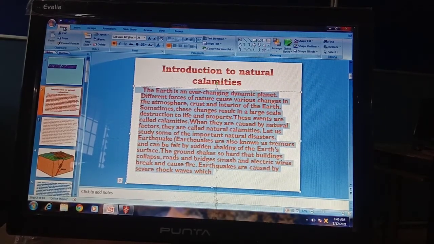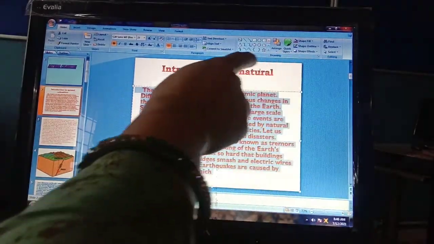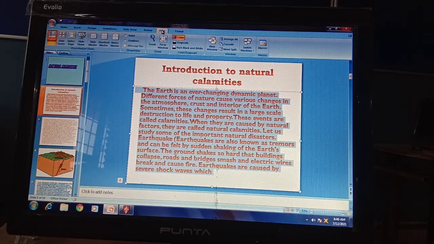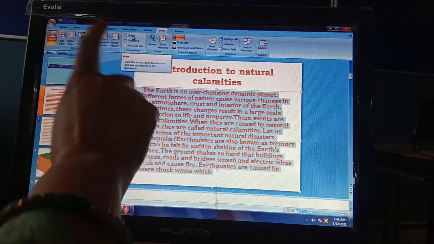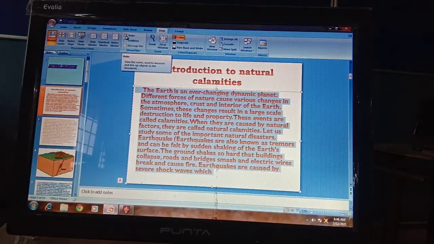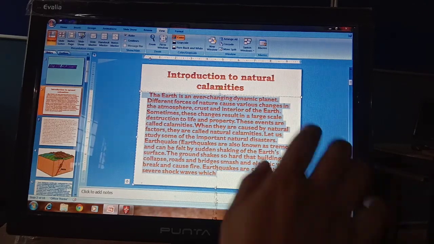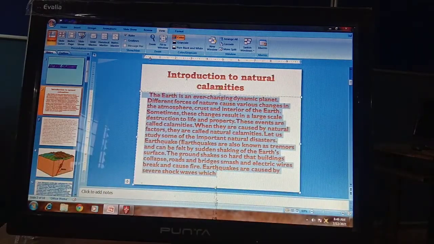But right now we do not have the ruler appearing here, so we need to show our ruler first. For showing our ruler, we need to click on the View tab. As we click on the View tab, a Ruler option is present in the Show and Hide group. So here I will click on the Ruler option. As I click on it, you can easily see the ruler has appeared here.